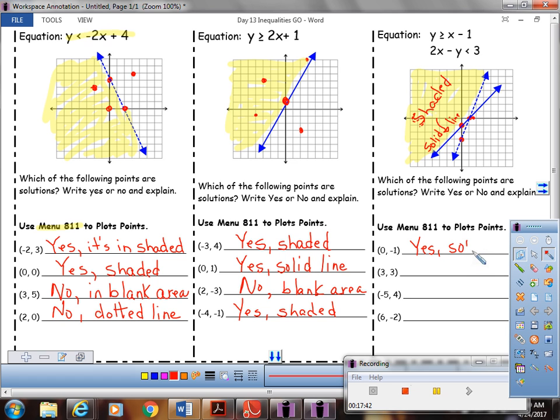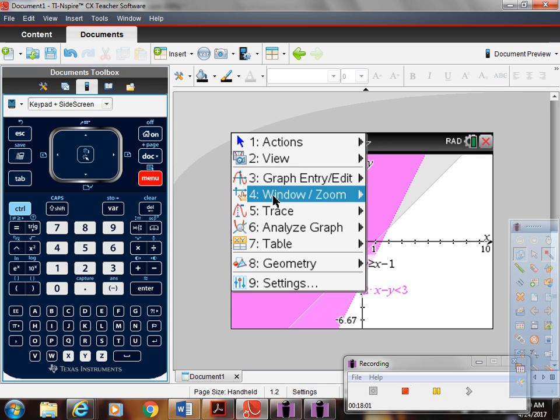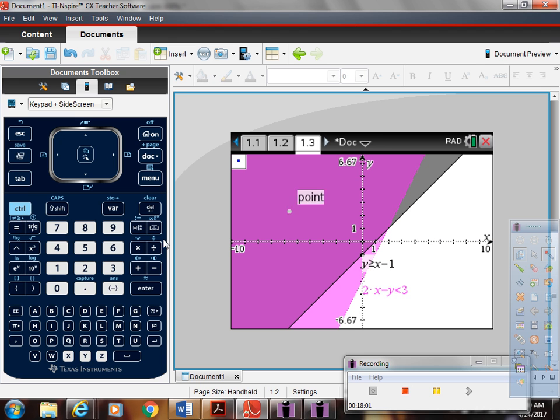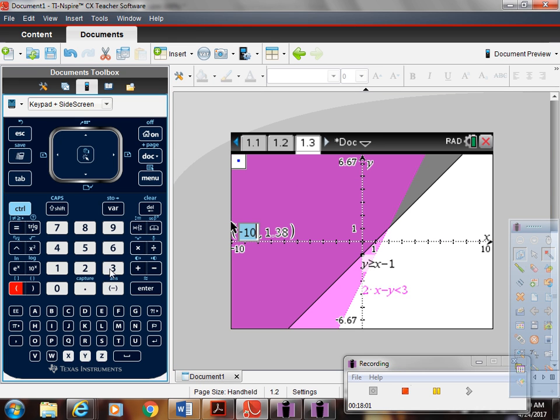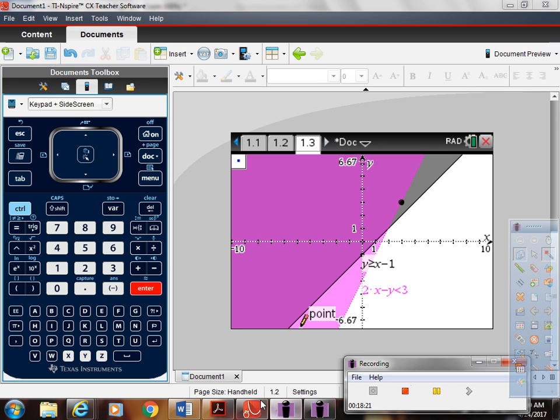How about 3, 3? You could plot it here. 3, 3 would be 1, 2, 3, and then up 1, 2. Okay, no, it's over here. It's shaded there, right? But it's not where they overlapped. It's not where they share the same shading. You want to find out where they overlapped. So when you plot 3, 3, you can see that it is in the shaded part, but that's not the correct shaded part. It looks like it's on the line, so you need to be careful with that. Sometimes they look like they're on the line.